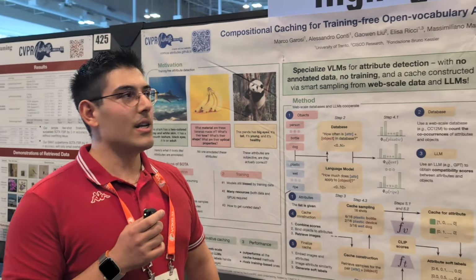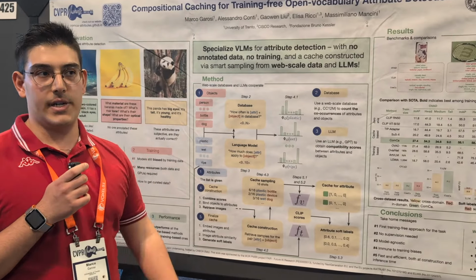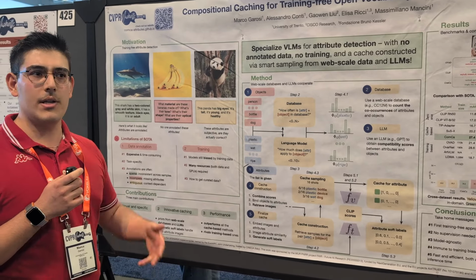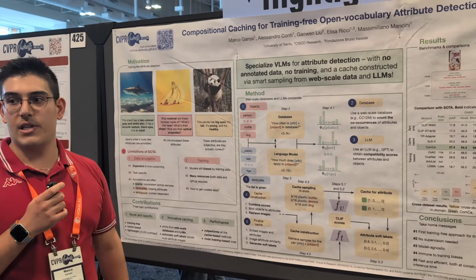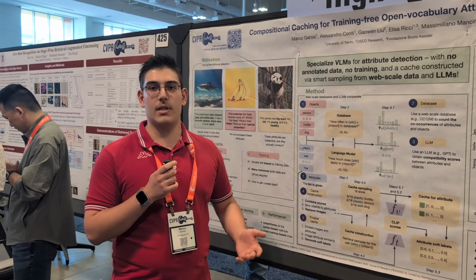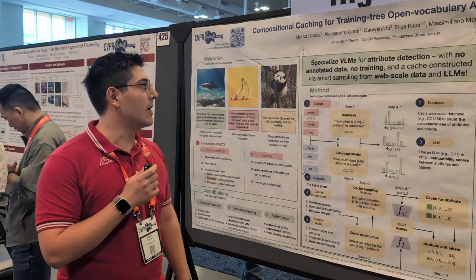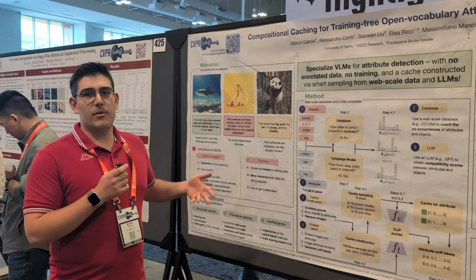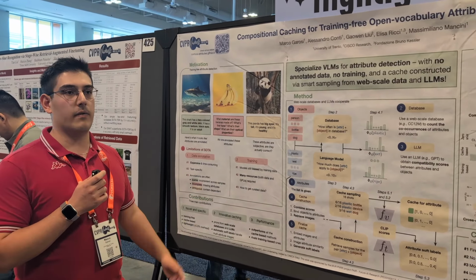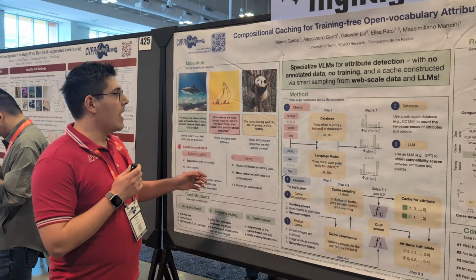All right. So this work is about training-free open vocabulary attribute detection. In this work, we want to tackle attribute detection, which is the task of detecting attributes in images for objects. As you can see, attribute detection is an already explored field of computer vision. But the problem is that